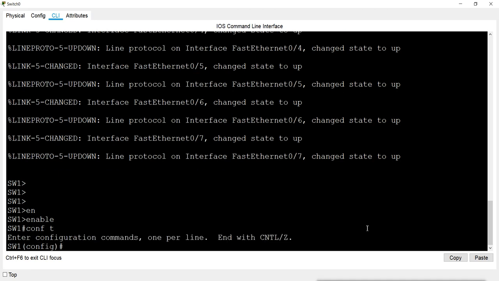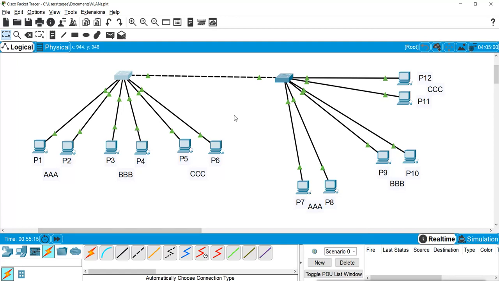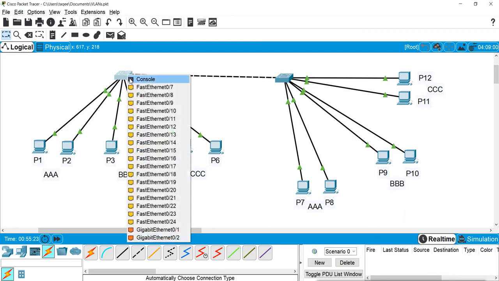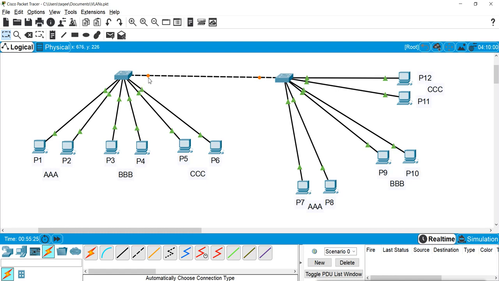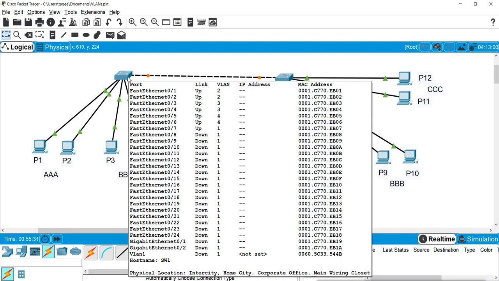Which port have we connected? We should check which port we connected here. We have connected port number 7 here.